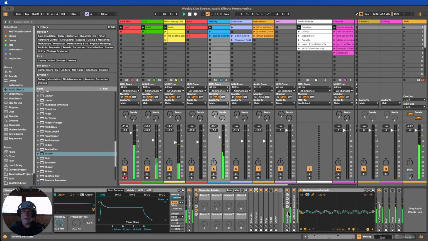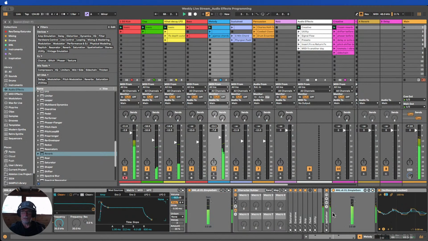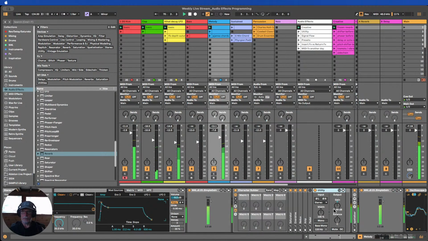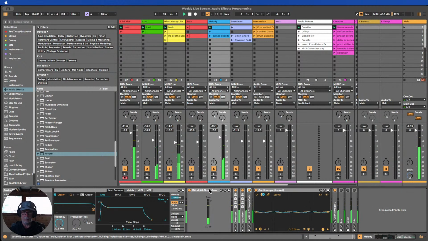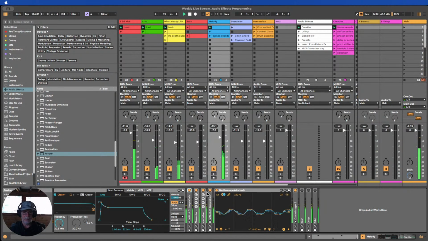It might mean we need to adjust our output versus our input again, because we've no doubt boosted that. Right, which you can see we have. So again, we've got that utility where we can just reel it in a little bit. We've got a lot more character coming out of that sound, right? So the character builder is working quite nicely. And then the spatializer is making a big difference, right? Also,